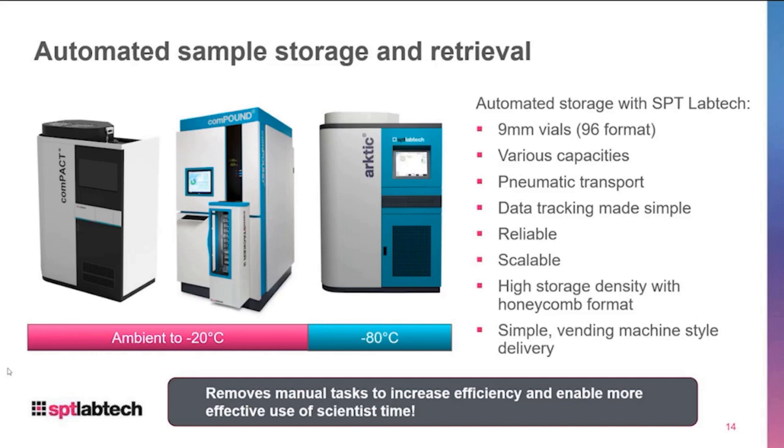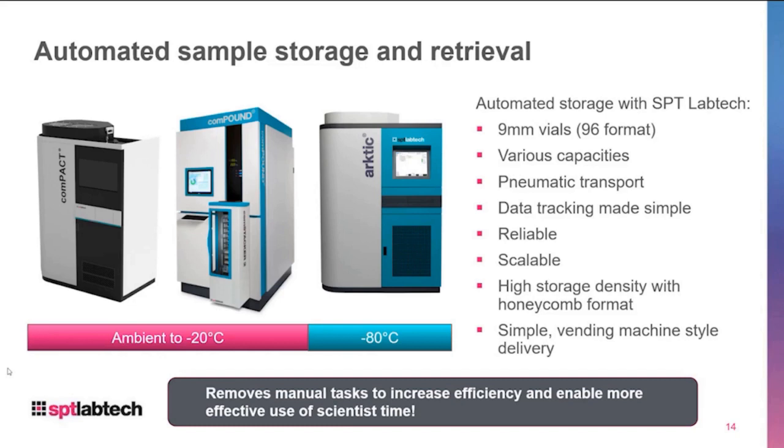And one thing that's really unique about SPT Labtech, that really drives differentiation, is that we use pneumatic transport. So similar to the old bank teller systems, we use air to actually move tubes throughout the systems. This really pushes on the reliability of the system because we don't have mechanics in the cold zones that are susceptible to shorter lives and breaking much faster. So it really does enable a much more reliable product using air. Again, in general, automated sample management adds a data tracking element that's much more robust than manual storage, scales with workflows,